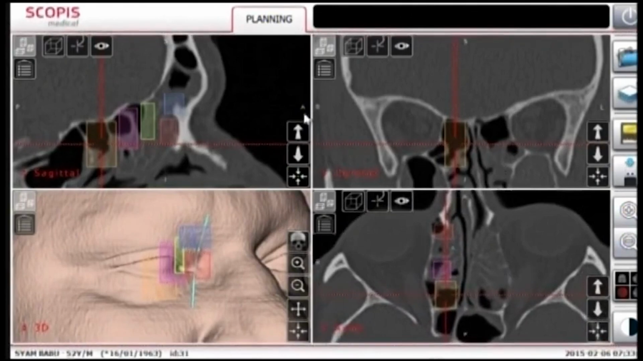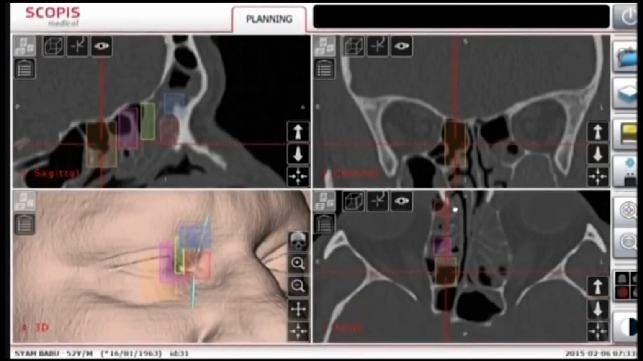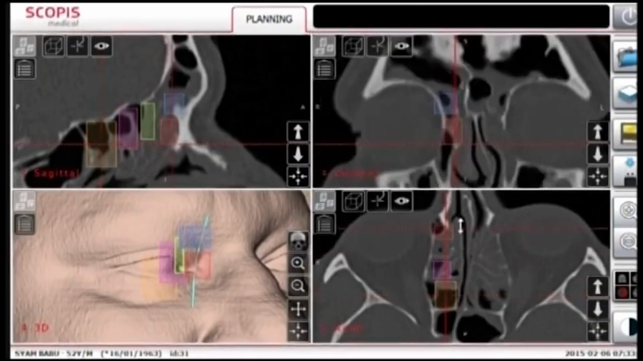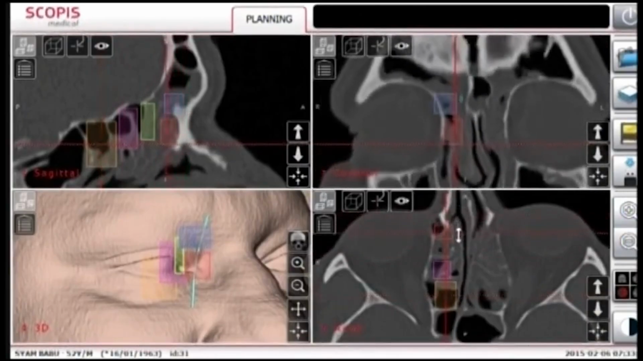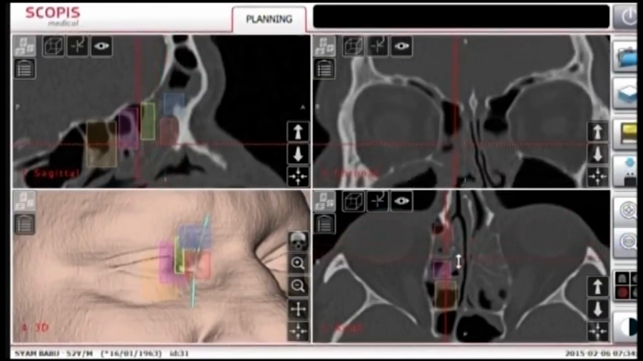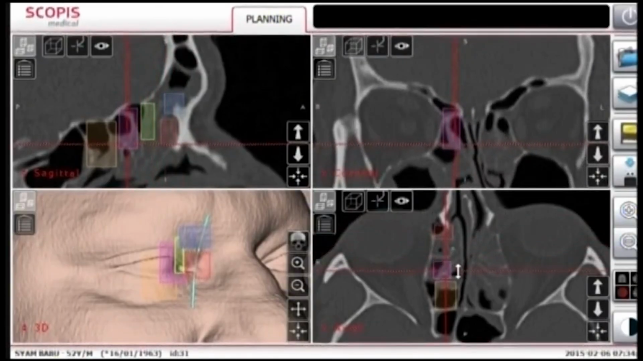We've followed that frontal drainage pathway. We've had a look as well at the lamina papyracea as we go back, making sure that the lamina papyracea is intact all the way, that there are no dehiscences. You see the significant anterior ethmoidal artery